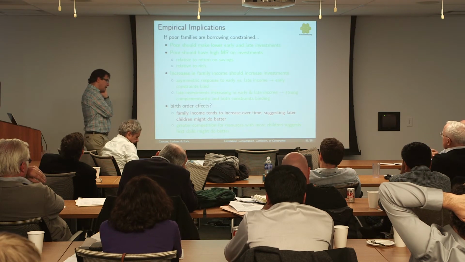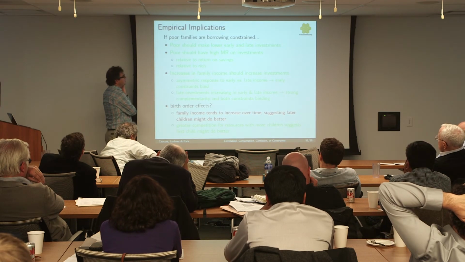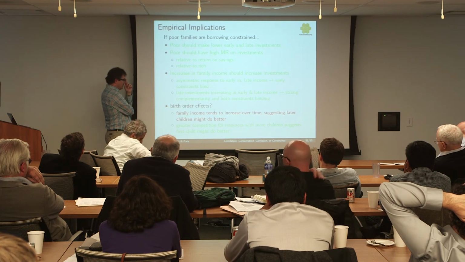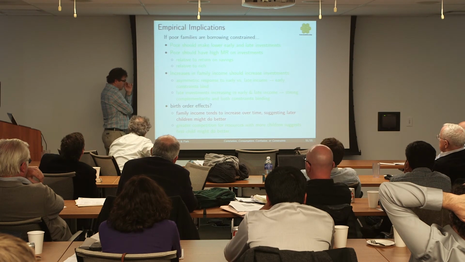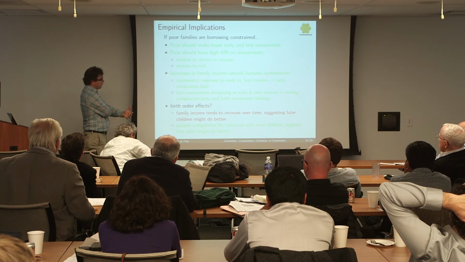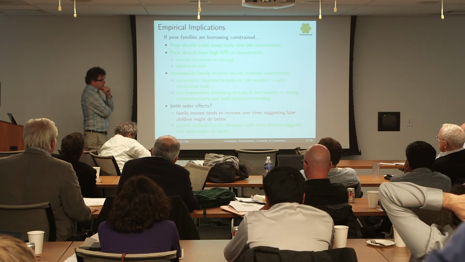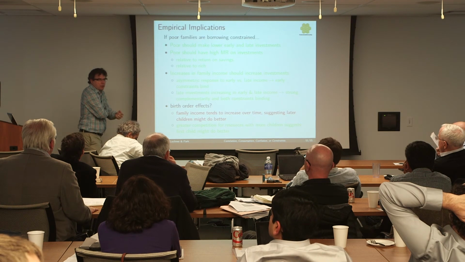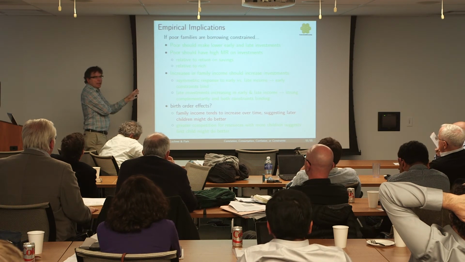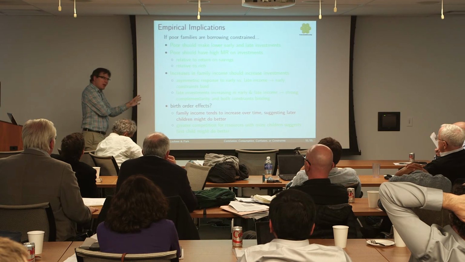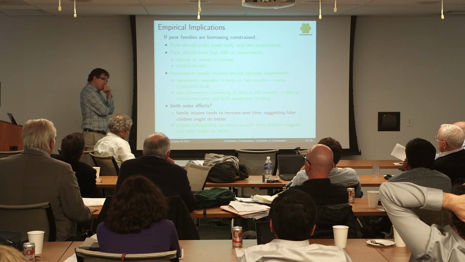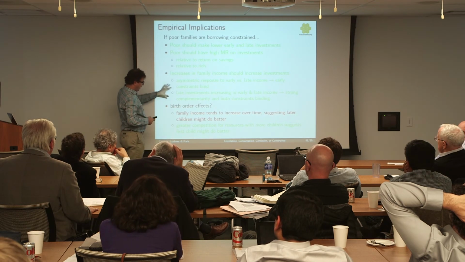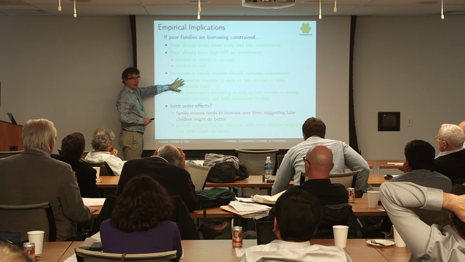Sure. I've played around with this stuff a lot, and not so much lately. But earlier on, this was always an easier way for me to operationalize borrowing constraints. You could say, let's make the interest rate a function of how much you want to borrow. More exogenously, assume some people face a high interest rate and others a low. You're going to get out that rich people face a lower interest rate than poor people. You're going to get the exact same type of conclusions here. There may be other conclusions that I'm not talking about that would depend on that. Certainly I'm not one to say it's not interesting to think about where those borrowing constraints come from.